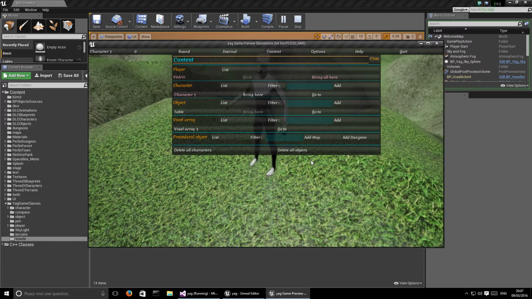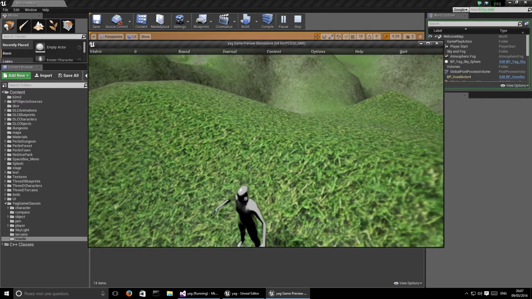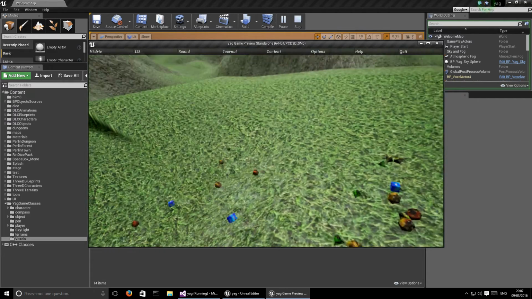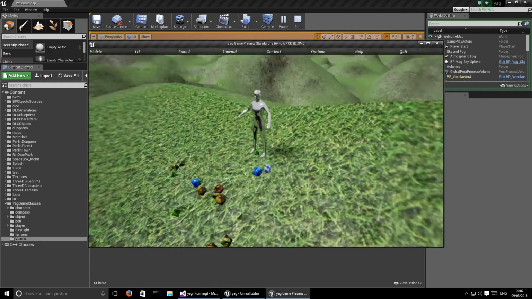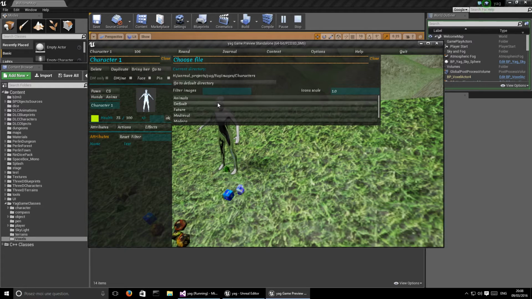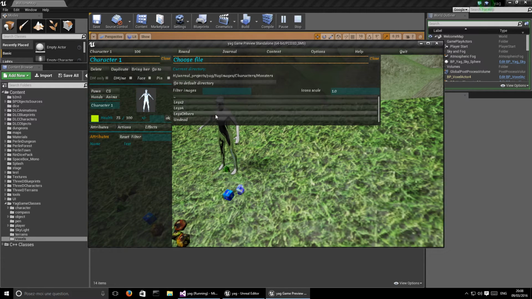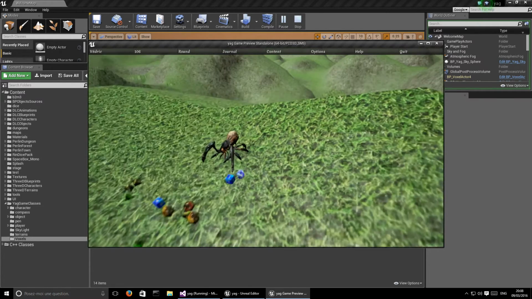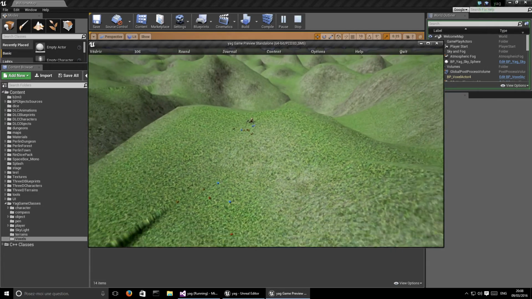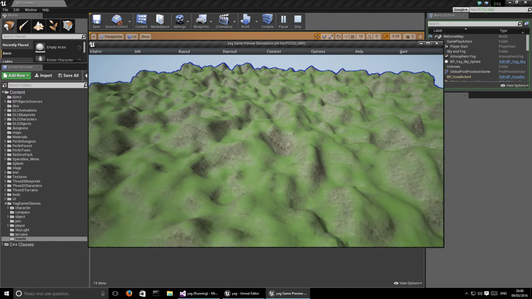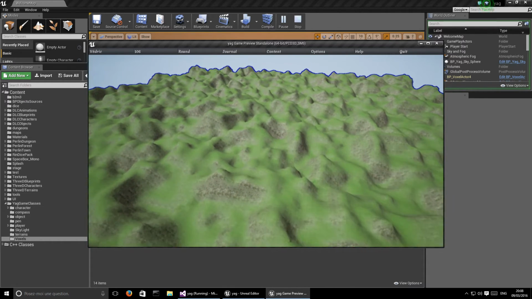Let's add a character. Oh, by the way, I forgot to mention that the collisions are alright. I can throw a few dice and they will roll down the hills. Let's have a nice character. Just for the sake of fun, let's take, for example, a monster, the epic spider, which is quite nice. And you can see if I go a bit far away that the scale of it is quite big. So there is room for fun here,